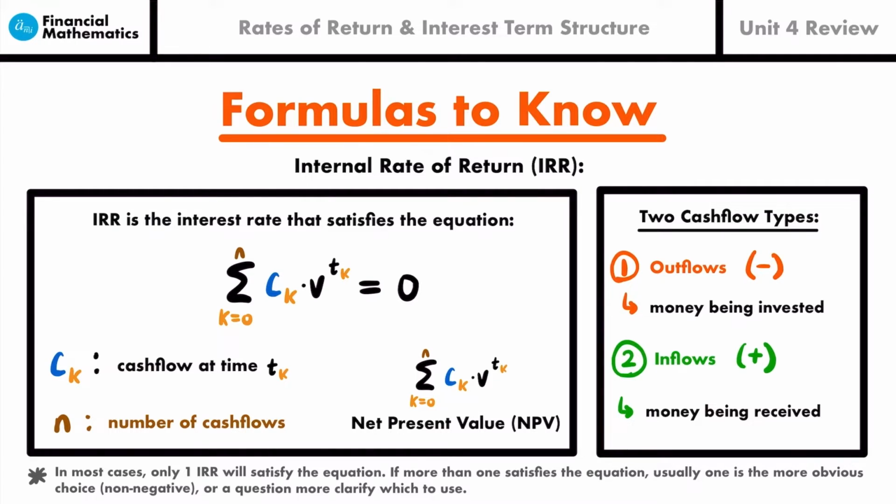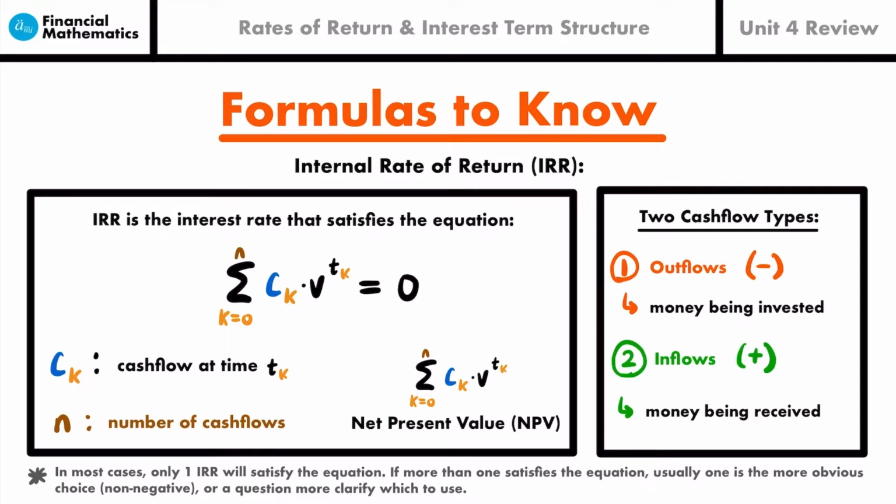It'll tell you something like the internal rate of return should be greater than 5% or something like that, right? So if you have two internal rates of return, and let's say both are positive, you have a 2% rate and a 7% rate, you would want to use the 7% rate because the problem told you it's going to be bigger than 5%. All right, so if there's more than one internal rate of return that satisfies this equation,